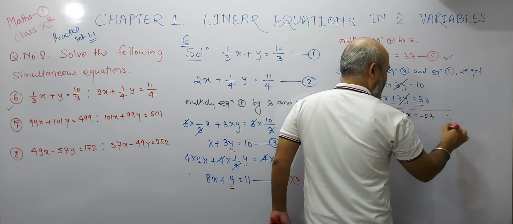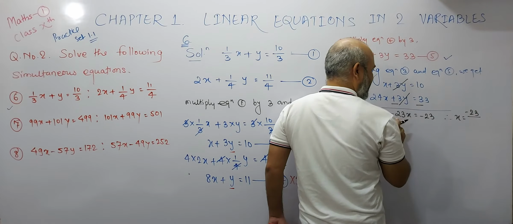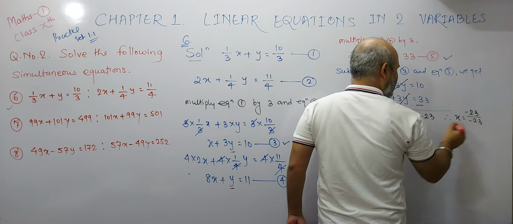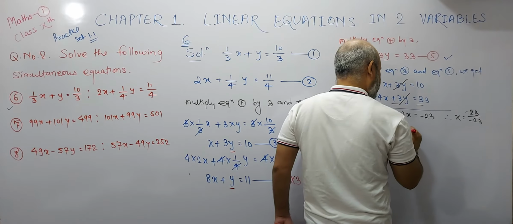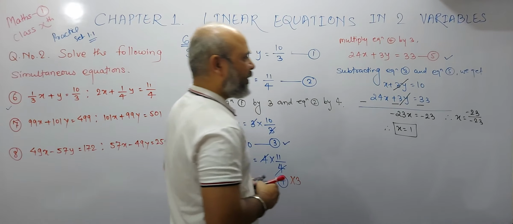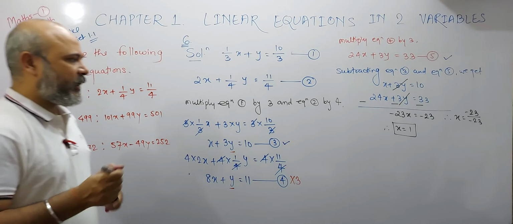And therefore, x will be equal to what? Minus 23 divided by minus 23. So this will be what? Same divided by same. Therefore, you will get x is equal to plus 1. Clear? You will get x is equal to plus 1. Now you will